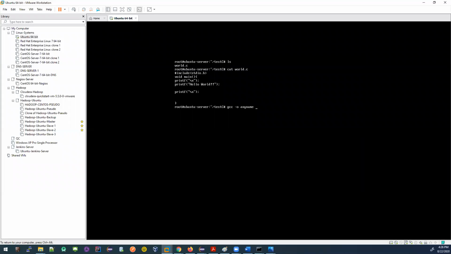And what I'm going to compile is this file. Now, if I execute this command, what will happen? The compiler will come into the picture and execute, and it will create another file.